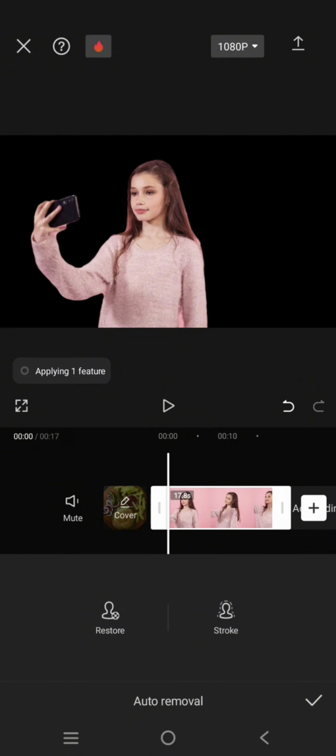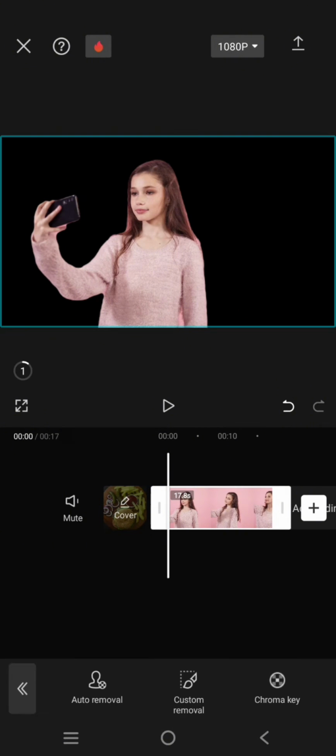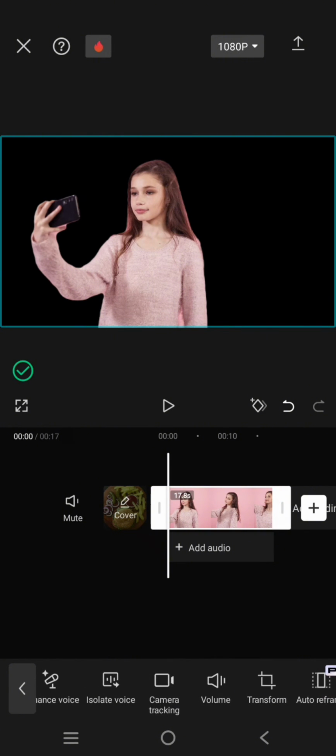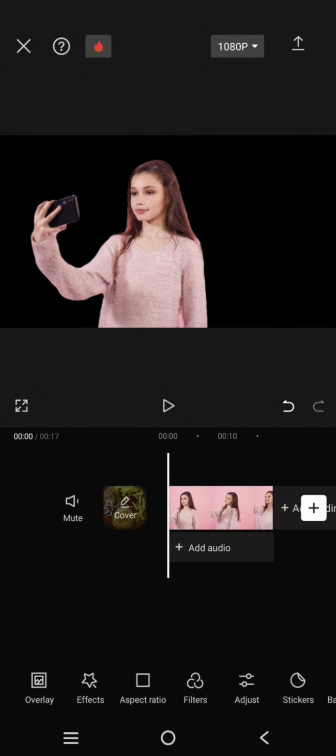Now CapCut will remove the background. Just click on the check icon and wait for the process of removing background to be done. Okay, just wait a few seconds. The process depends on the video duration itself. Okay, so now the background has been removed, and to add a new background,